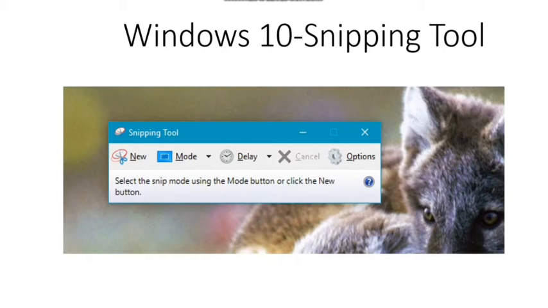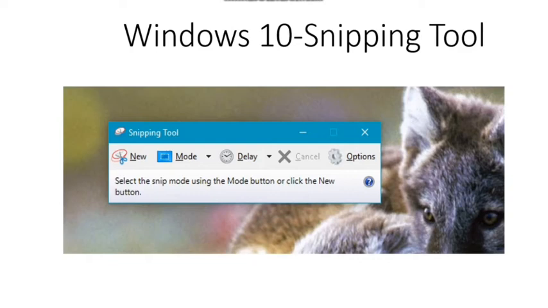If you are using Windows 10, the snipping tool window has 5 important buttons. That is new, mode, delay, cancel and options. But if you are using Windows 7 or Windows 8.1, the snipping tool lacks the mode and the delay buttons.